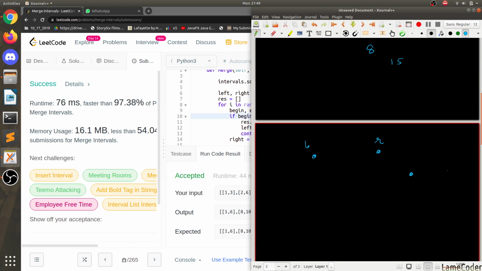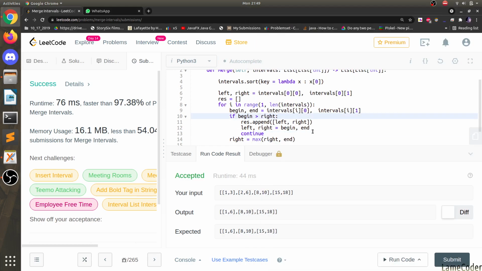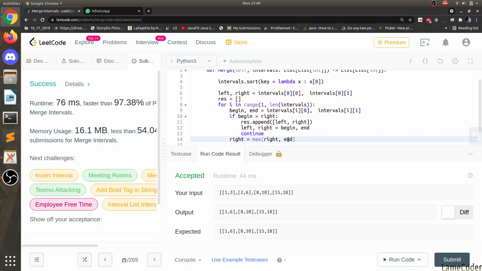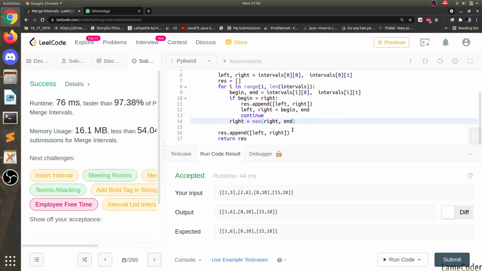If we find the next interval where begin is greater than right, we know that this is already less than this, and this is our potential answer, so we will input it inside res. Else, we will make our right the maximum of right or end, and then we will traverse. That's the simple approach of it.